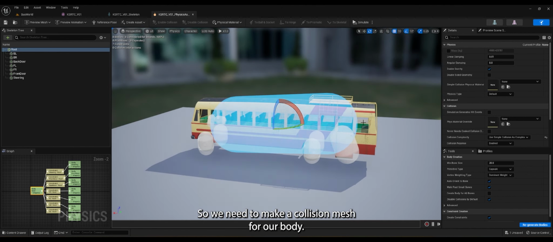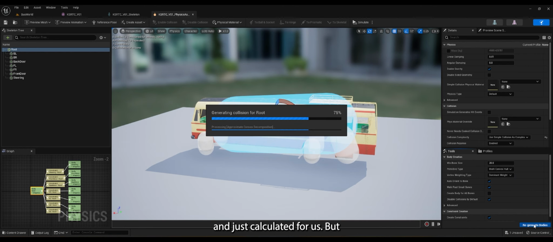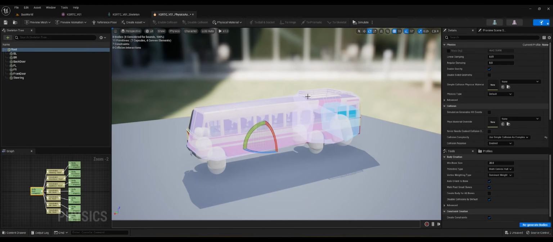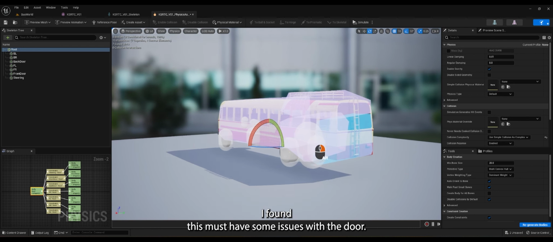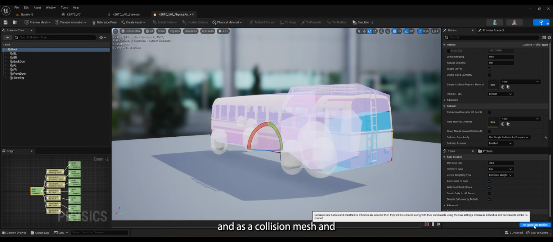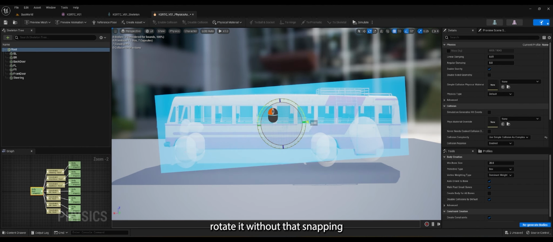For our body, we could calculate the collision mesh with multi-convex and just let it calculate for us, but I found this mesh has some issues with the door, so let's put a simple box as a collision mesh, and I'll rotate it without that snapping,